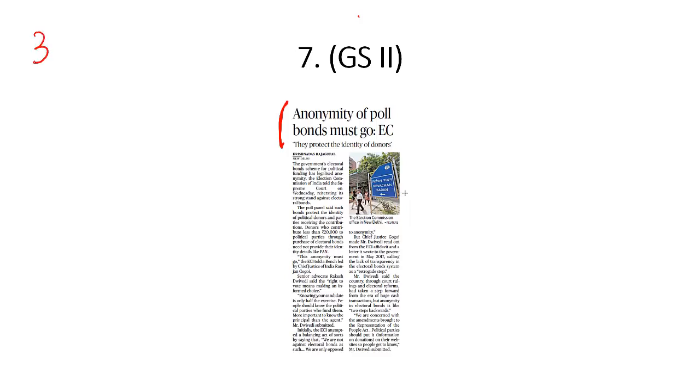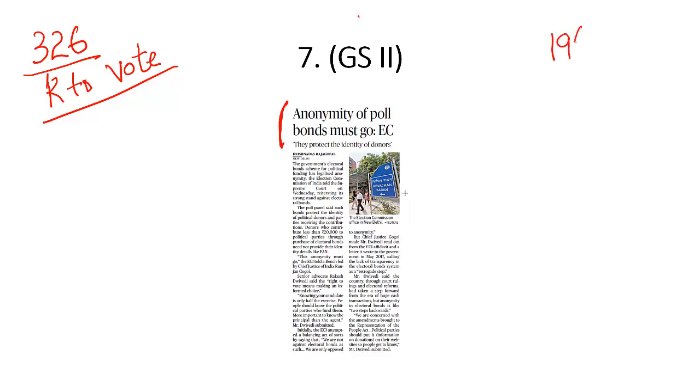We have Article 326 of the Indian Constitution, which talks about right to vote. So right to vote is a constitutional right under Article 326 of the Indian Constitution. Initially, it was supposed that right to vote is a statutory right provided under Representation of the People Act 1951. But now the Supreme Court has made it clear that right to vote is a constitutional right provided by the Constitution. But we also have Article 19, Clause 1, Clause A of the Indian Constitution, which is a fundamental right. And this fundamental right talks about freedom of speech and expression.